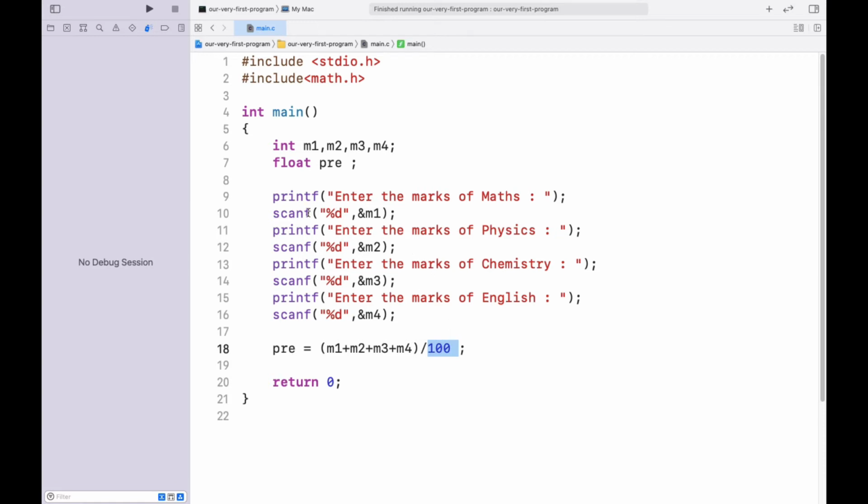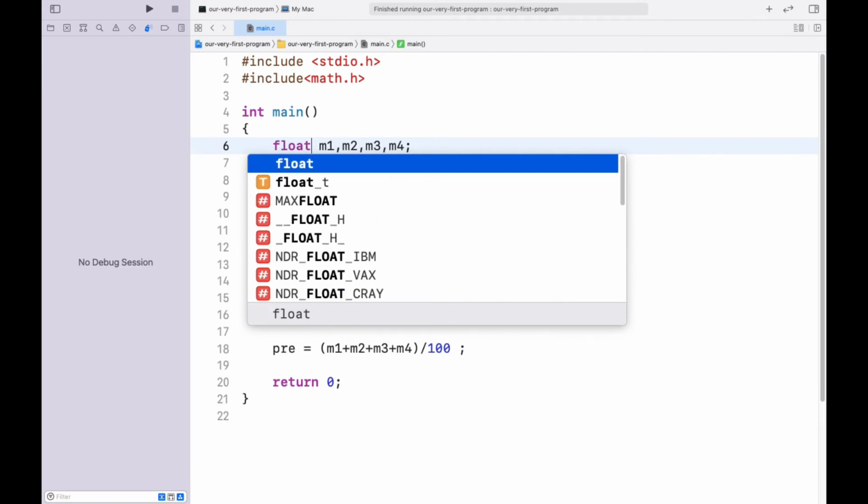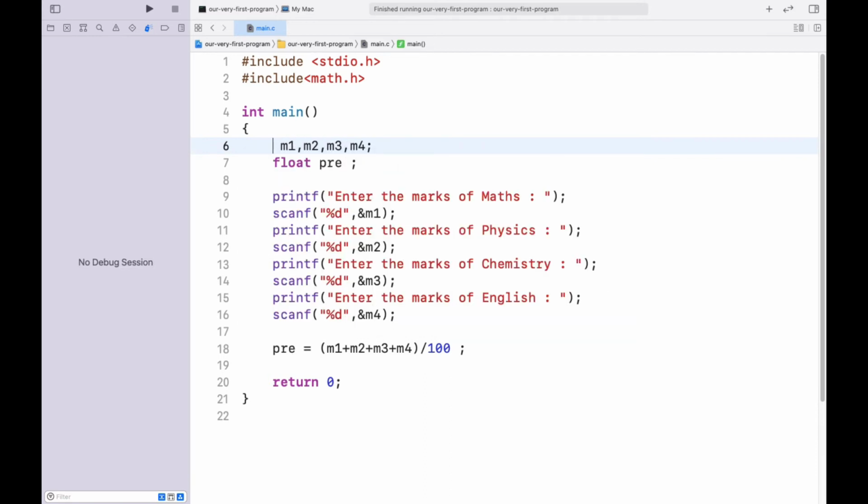One thing I can do is change m1, m2 and the others to floating point numbers, but that is not recommended. Why?